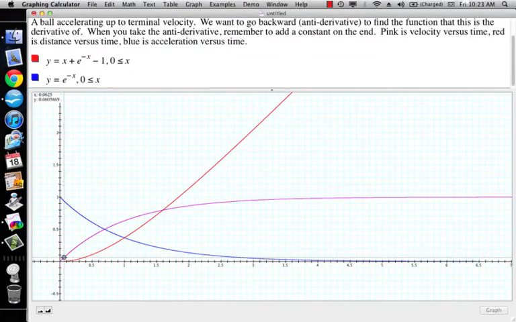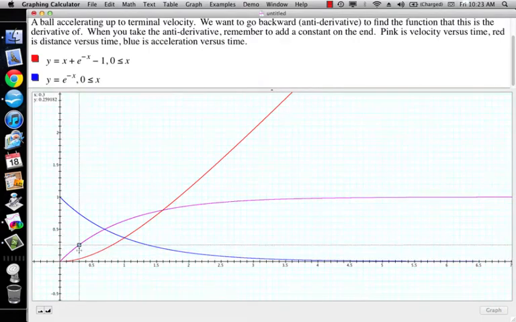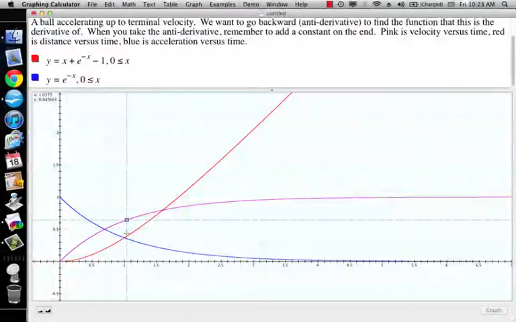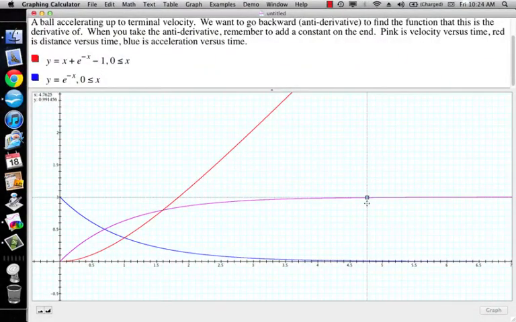So here the slope is 0, and so the red line is more or less horizontal. As the slope increases, the red line bends up, but then as the slope becomes constant, the red line straightens out at a constant slope. Okay, so that's again a recap of derivatives, and now we're going to look at